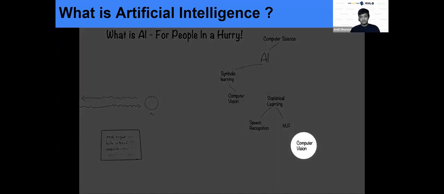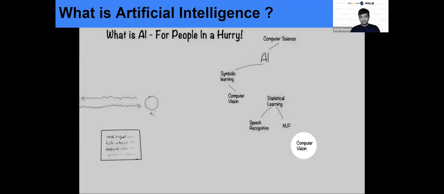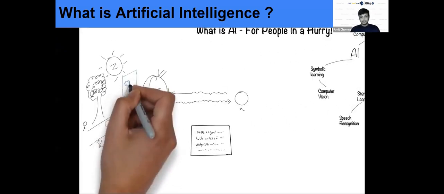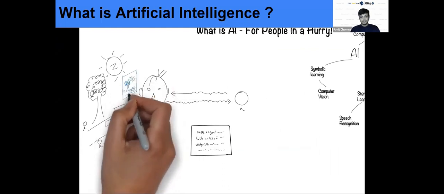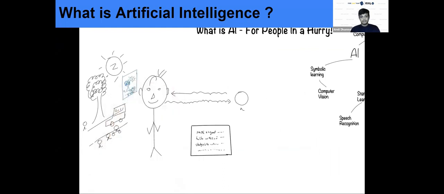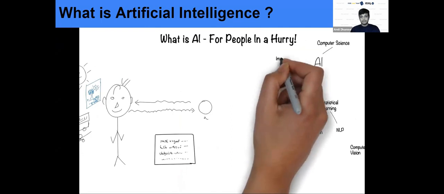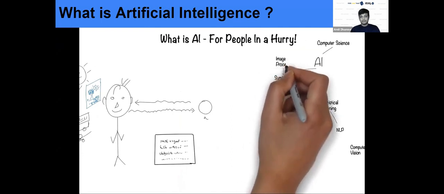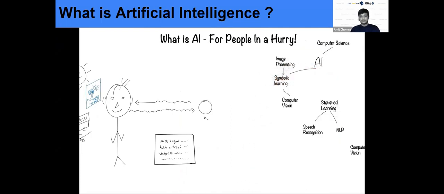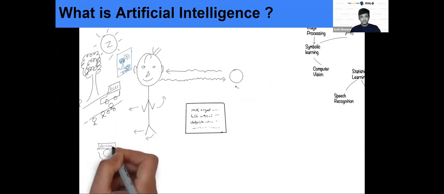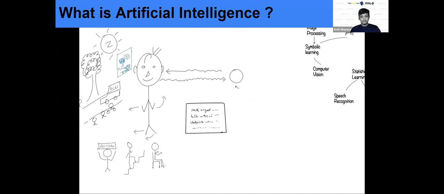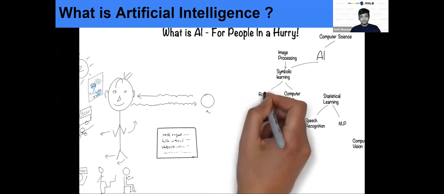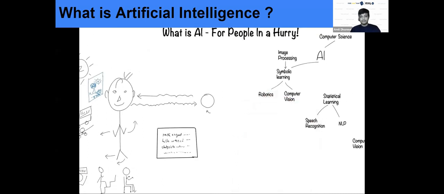Recently, there's been another way, which I'll come to later. Humans recognize the scene around them through their eyes, which create images of that world. This field of image processing, even though it is not directly related to AI, is required for computer vision. Humans can understand their environment and move around fluidly. This is the field of robotics.